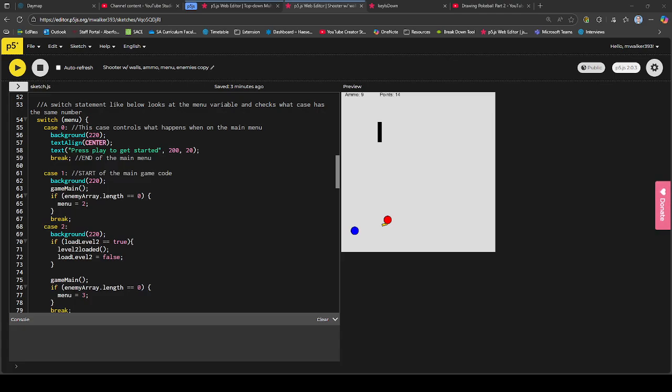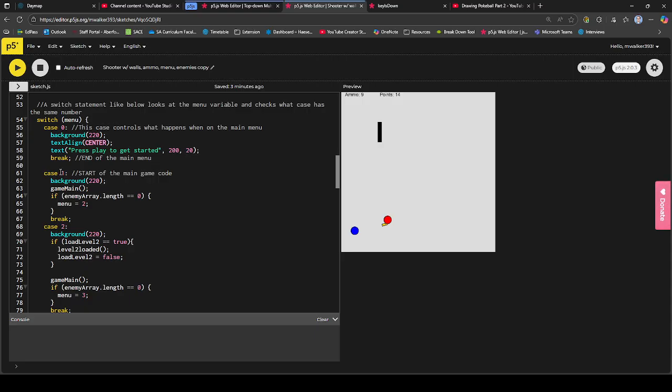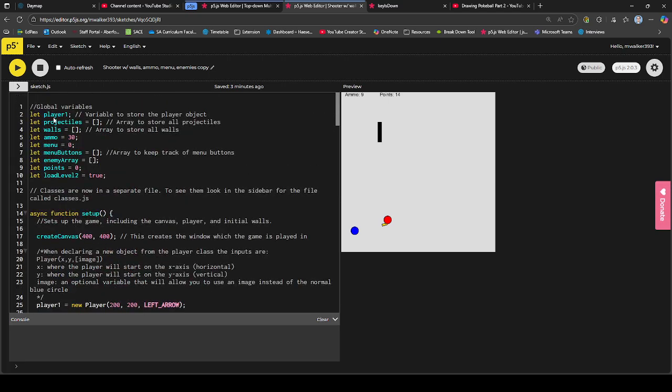So, the astute among you may have noticed that this wall stuck around between the two levels. It didn't get removed. Maybe we want to have different sets of walls for different levels. And the way we do that is we can have functions to load and unload our levels. Okay, so if we want to unload the walls that are in level 1, well, the walls are going to